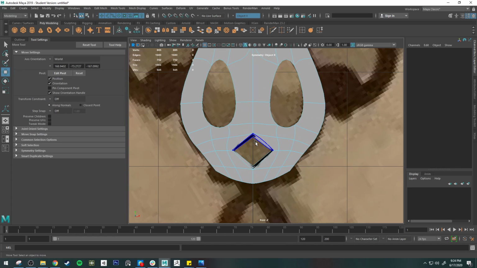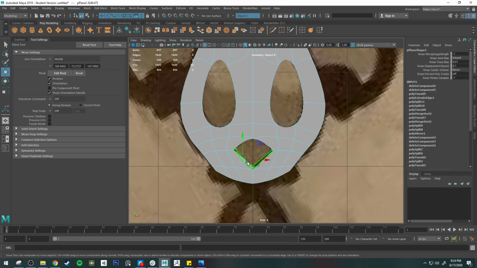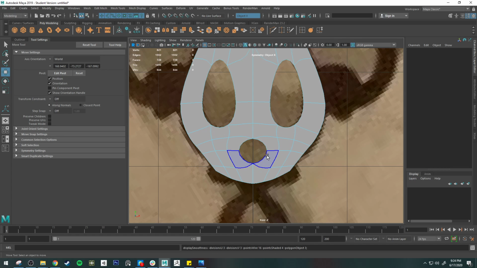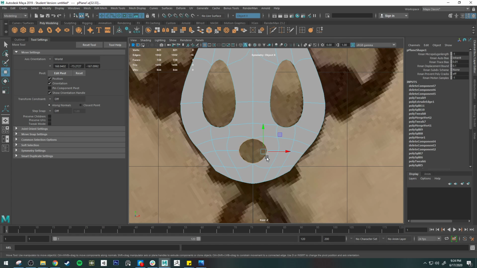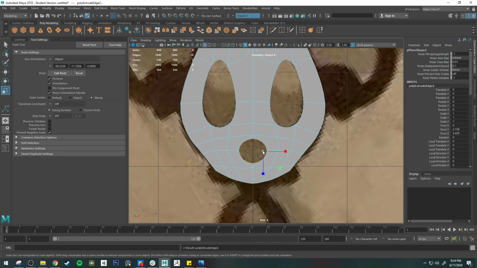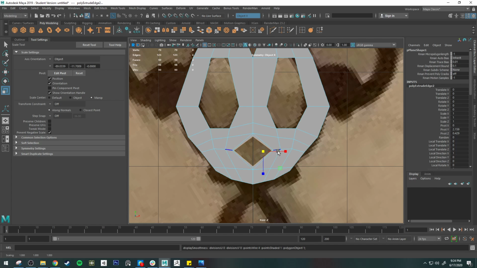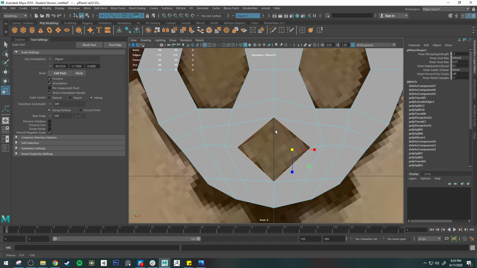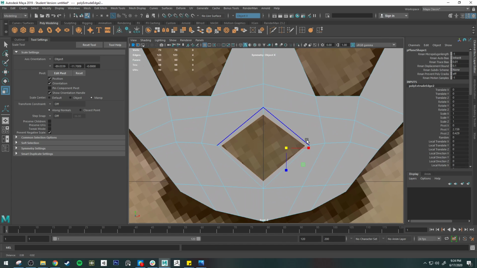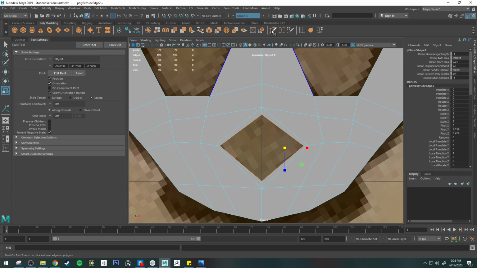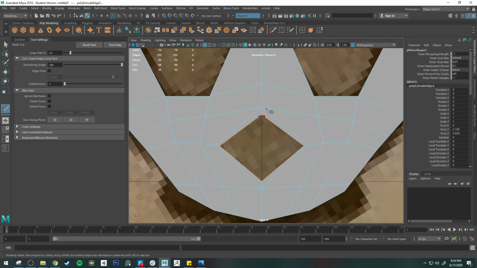Okay, I got some weird topology stuff going on here. Okay, nope, okay. So I'm just going to grab this guy, Control E, scale it in. It's probably still going to curve it out, right? I'm not going to get my hard corners. So what I'm going to do is, actually I'm going to start that first. So I'm going to do Command Z. And then what I'm going to do is I'm going to want to essentially, I'll figure out how I'm going to